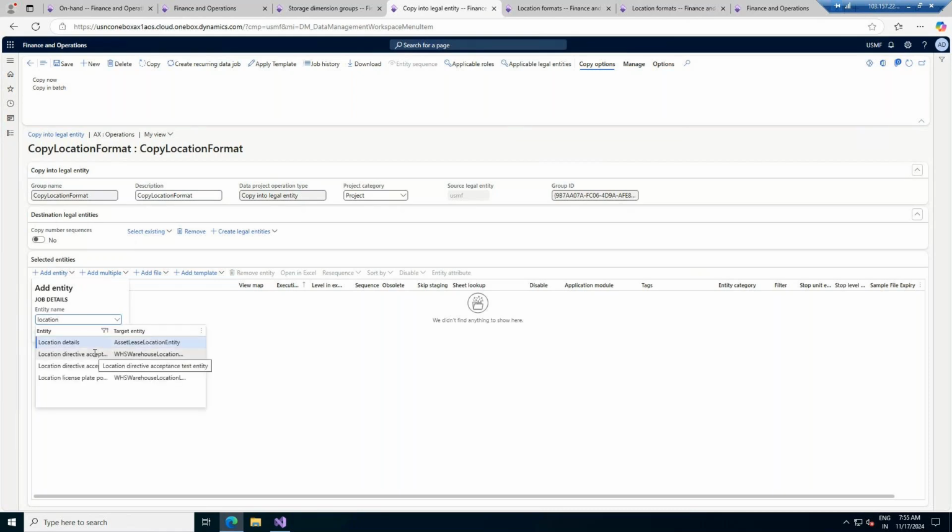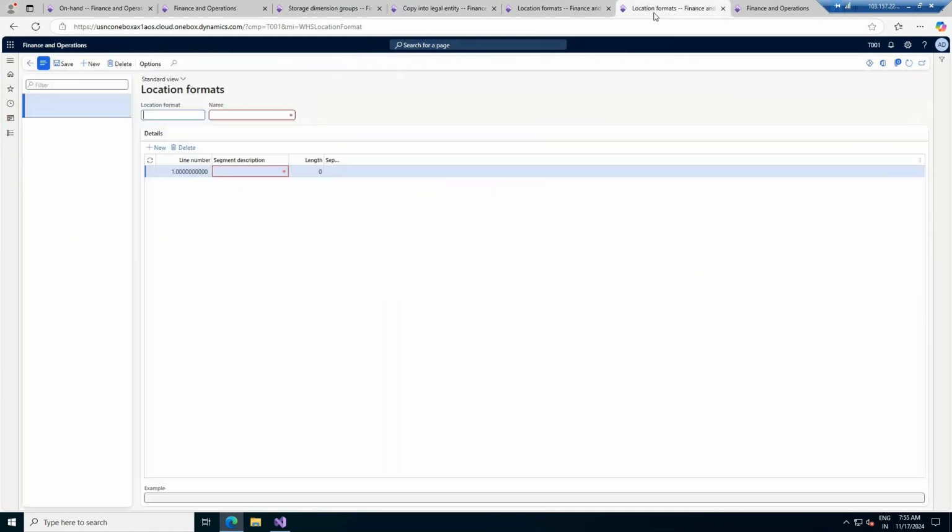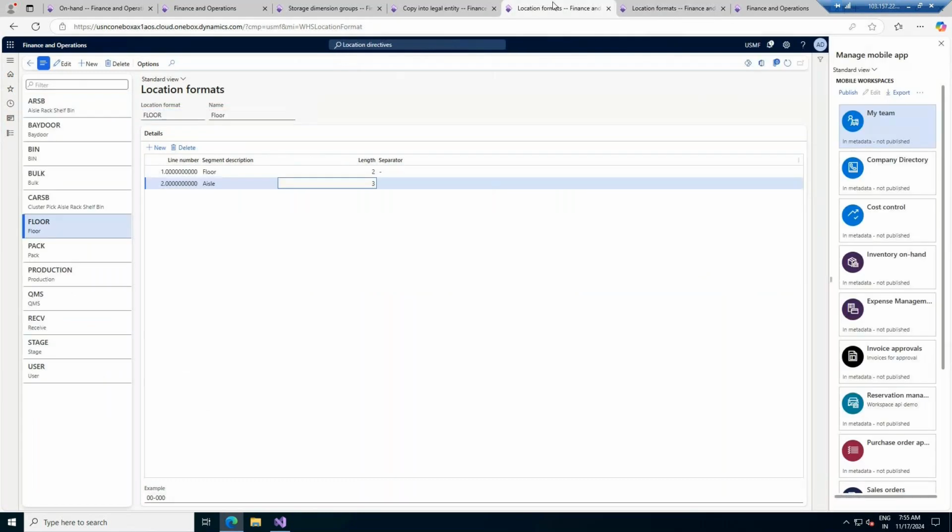That's why I was about to check what is actually the location format. Location format details is there. So I don't think we will be able to copy paste it, because the entities which can be copy pasted will have something